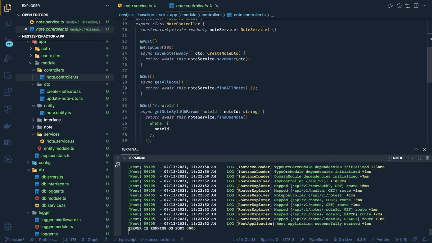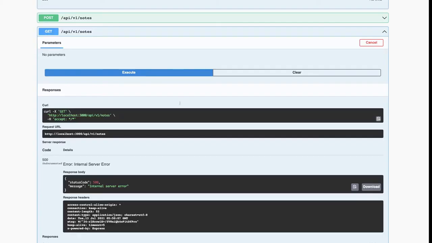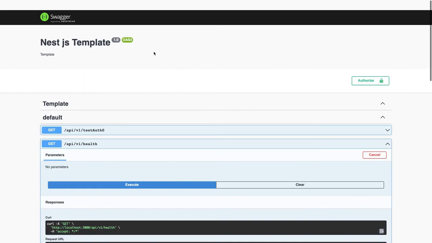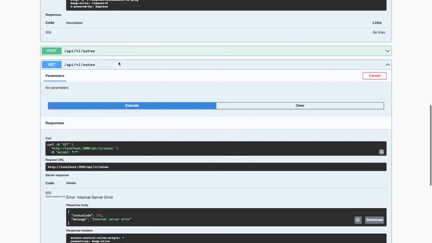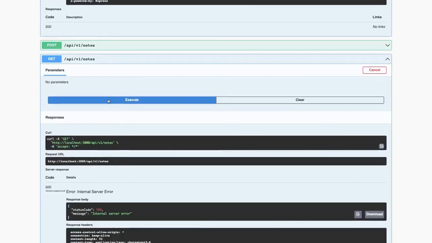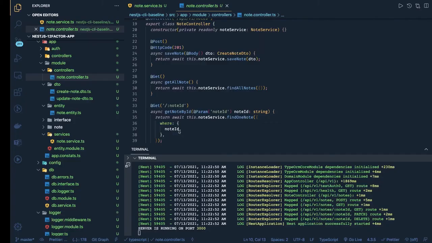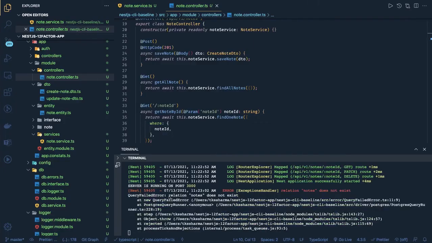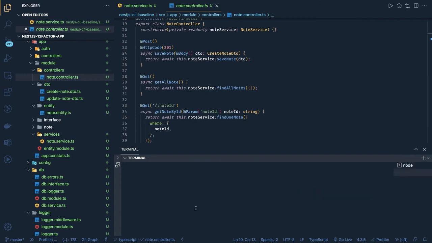Okay, everything is good. It is available on 3000. So these are our APIs, and when I'm trying to get the node, it is saying internal server error. That means that the table doesn't exist. So what we need to do is we need to run the migration, right? That is the only missing piece here. Npm run db migration